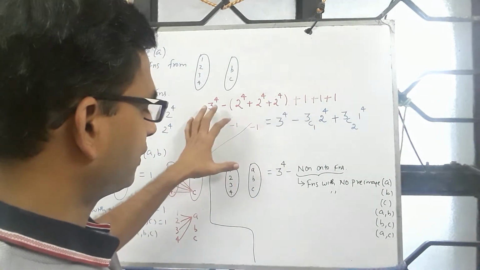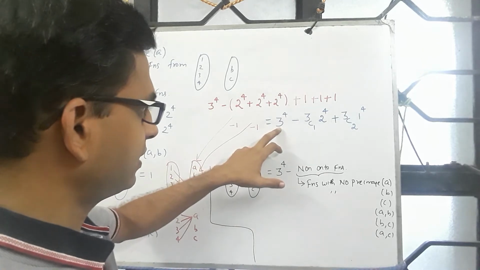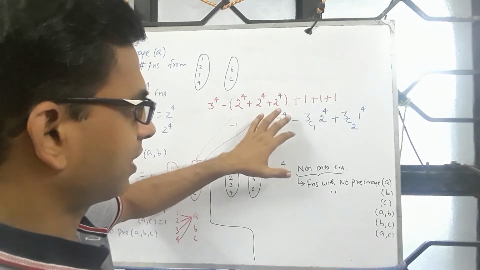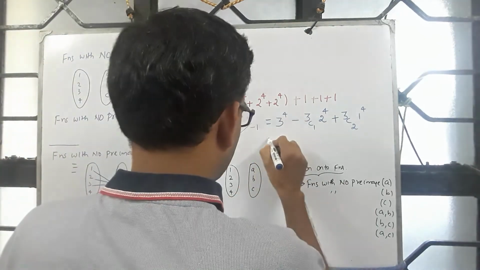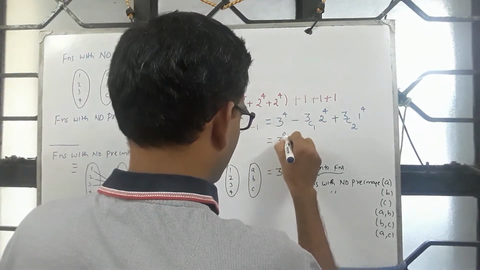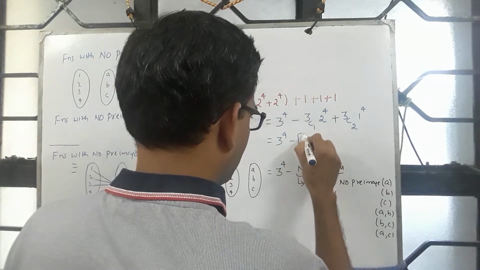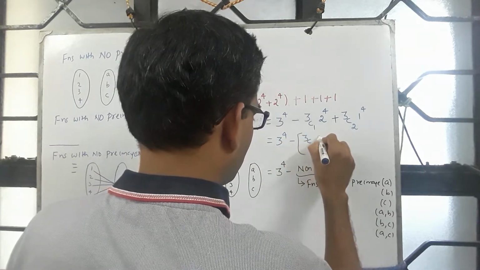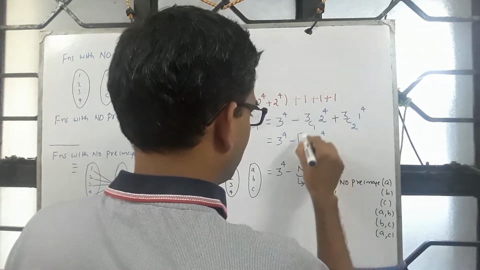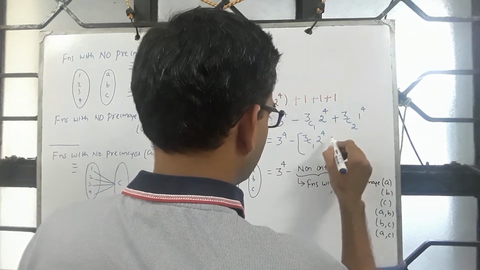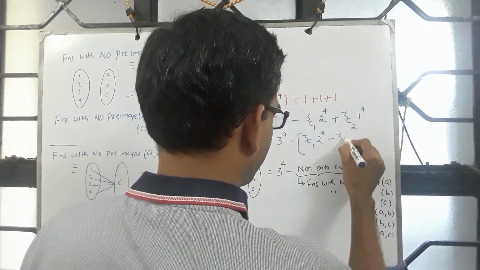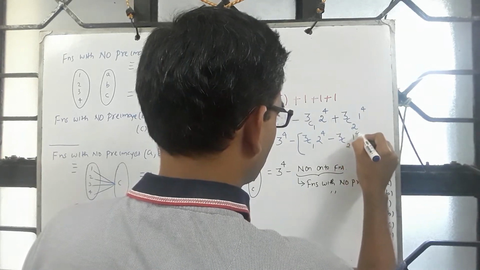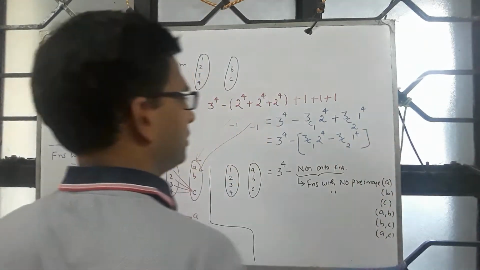So the total number of onto functions is the total number of functions minus this part. If you are counting this way, then minus, you see, when one element is not having a pre-image, the same function is counted twice, so you subtract them. So 3 choose 2 into 1 to the power 4. So it's one and the same.